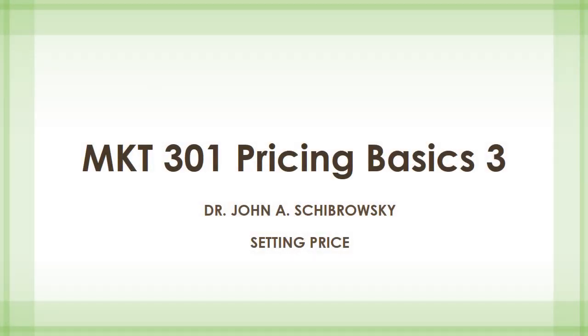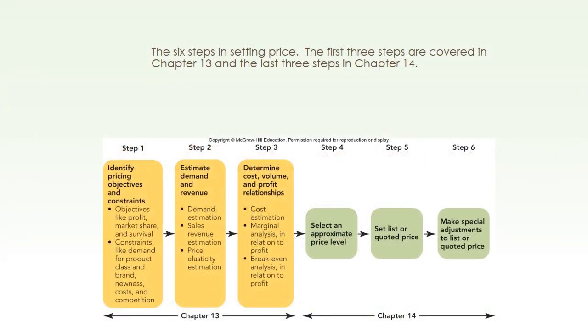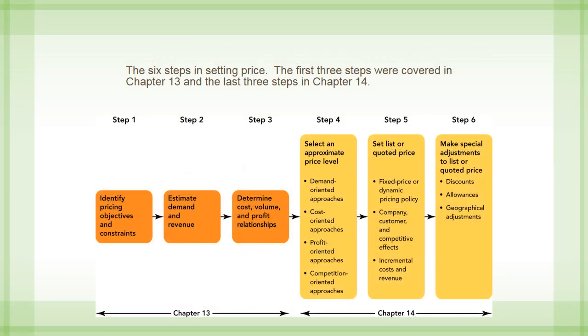In this lecture, we're going to talk about setting price. Let's start by looking at how your book has these chapters set up in terms of setting price. In chapter 13, they discuss the first three steps in setting price: identifying pricing objectives, estimating demand, determining cost. And then in chapter 14, they discuss selecting approximate price levels, list or quoted price, and then making special adjustments